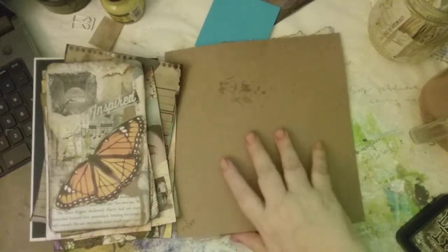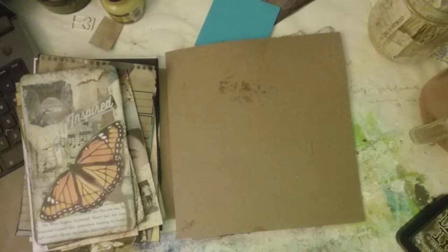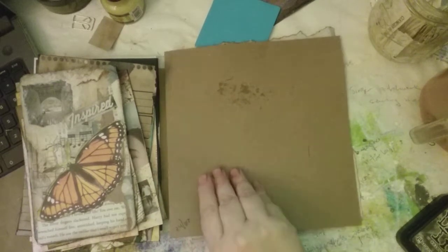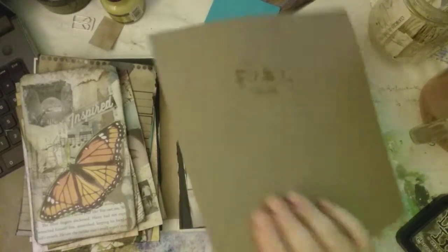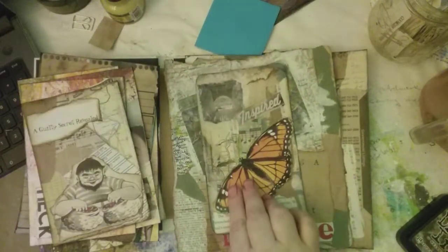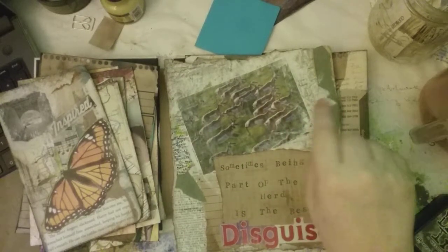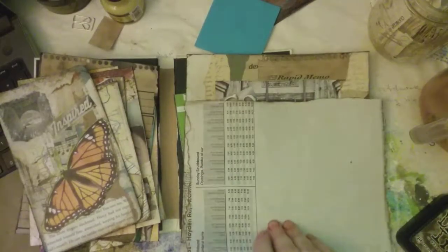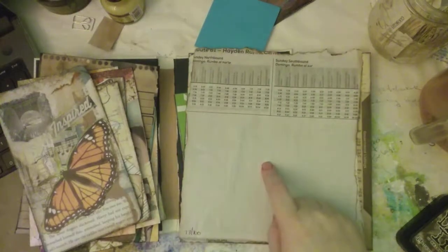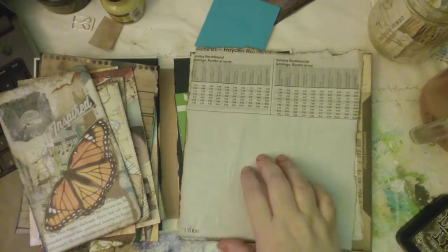And then I'm going to flip these two bigger ones over now. I had them flipped over, not because they're super secret, but because they were bigger, and I felt like it was busying up the image on the inside. You know, when you put the smaller image over it, it was just too busy. So this is a larger piece, and this is from the transit book for the Phoenix Scottsdale bus line,